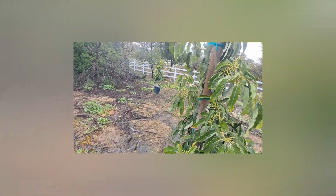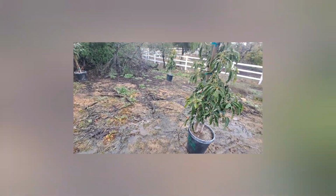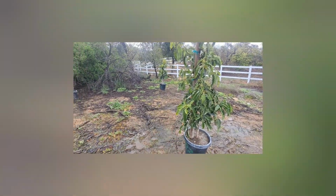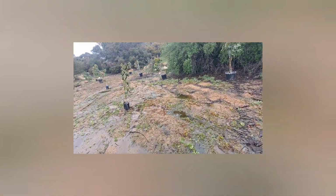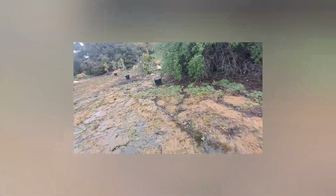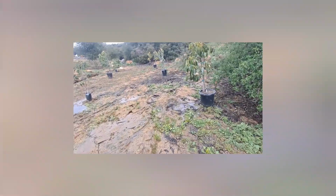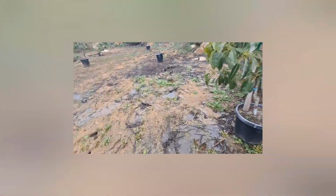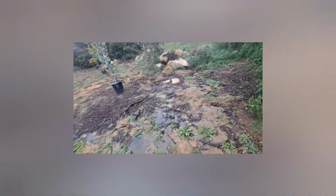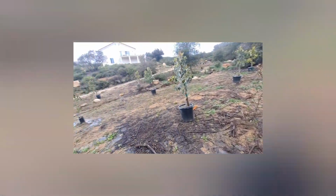This one, for example, actually, this is a Sir Prize. So I know that the Sir Prize is going to pollinate the Lamb Hass. And I know I've got a Fuerte right here, and that also pollinates the Hass and the Lamb Hass. So just kind of laid them out where I thought. Then I measured them. I'm spacing them on 15 feet. That's a little tight compared to a lot of articles, but